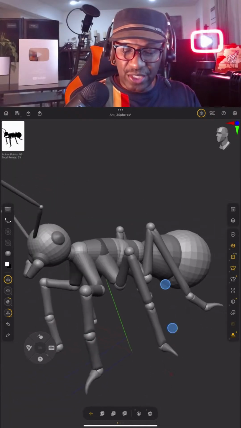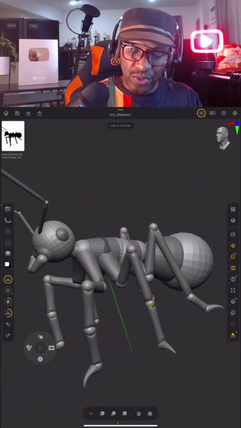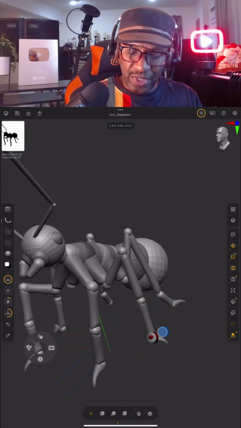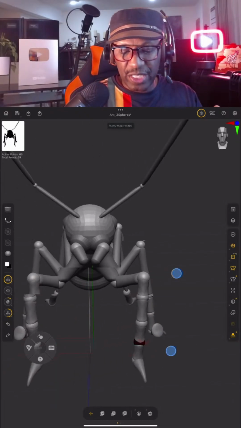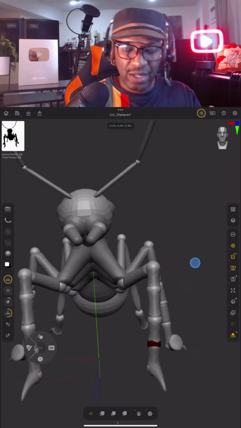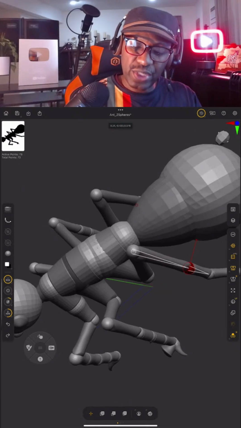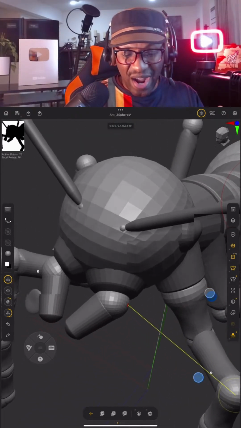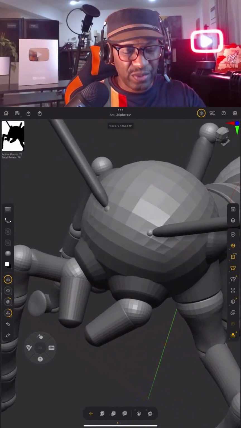The cool thing about the ZSpheres is that you can pause this, right? You can move the legs, add different parts like that, go in between, add new segments. And so you're able to add more segments if you wanted to do a robot of some kind. So before you start sculpting, you're able to add little details here and there. Even though it looks rough right now, that's what I set it off as. So let me go back to